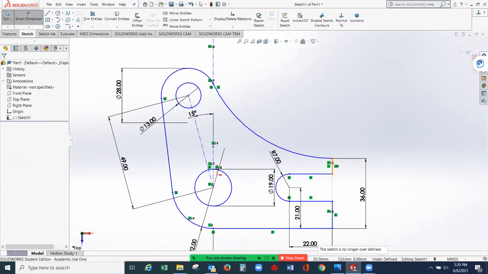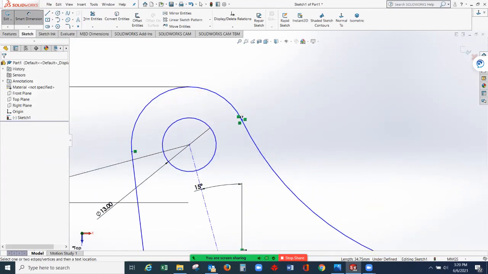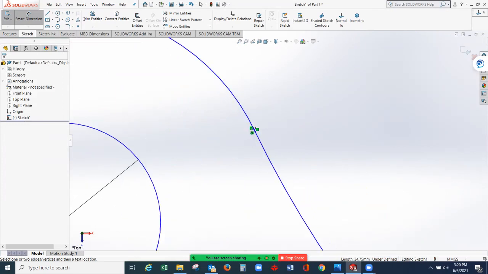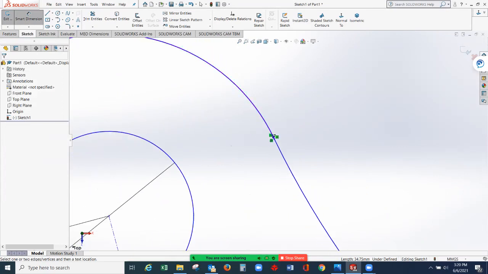We can delete some of the relations. So delete this one, we don't need this line anymore. Some relation, where's the relation? Okay, right click, select this green one, right click.